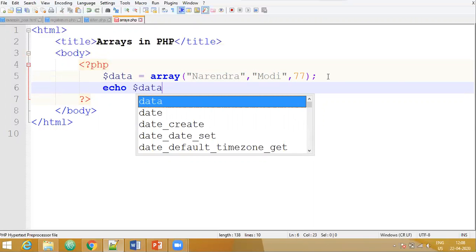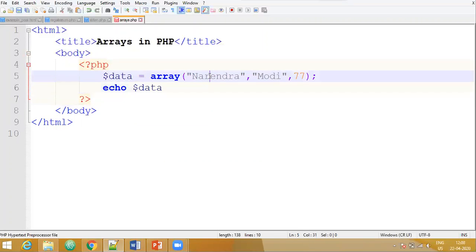In PHP, the array indexes also start from 0. So the index of Narendra is 0, of Modi is 1, and of 77 is 2. So if I say echo $data, the variable which is holding the array values, then in square brackets I specify the index value and terminate it with a semicolon.